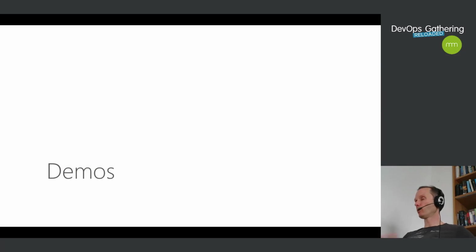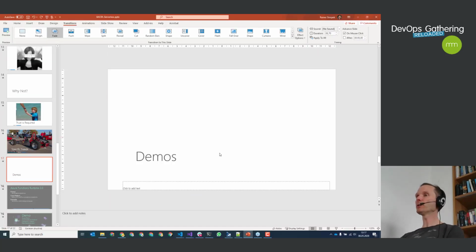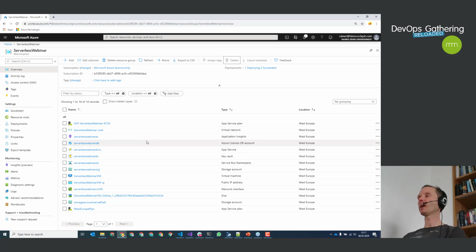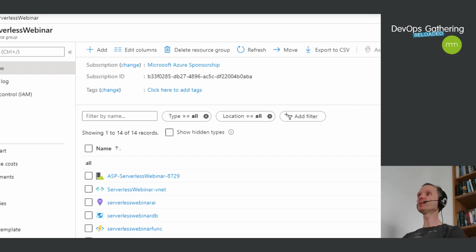The rest of the talk will just be demos. So I will close PowerPoint and we will spend a little bit of time, approximately a good half an hour, building some functions and take a look at Azure, how Microsoft has implemented this functionality. What I have prepared here is the Azure Portal, for those of you who are not that familiar with Azure. And in this Azure Portal, I have prepared a so-called resource group.